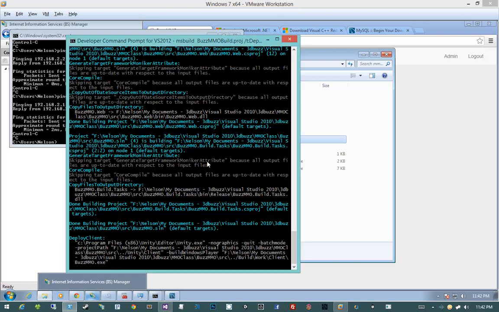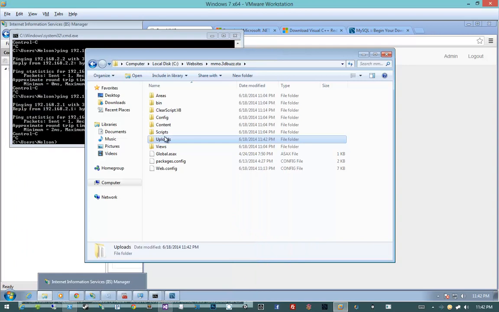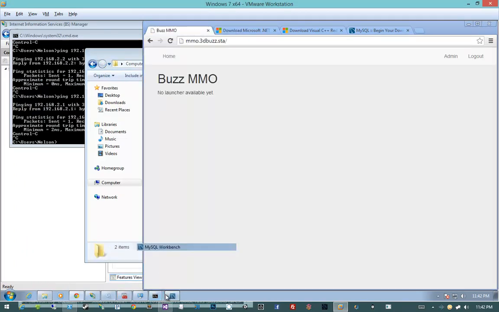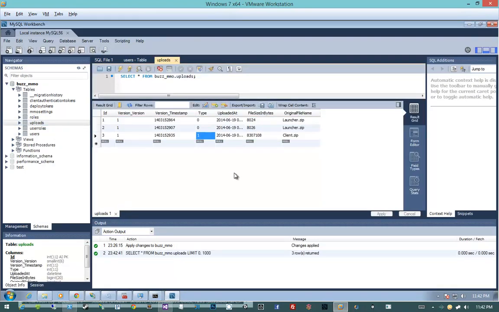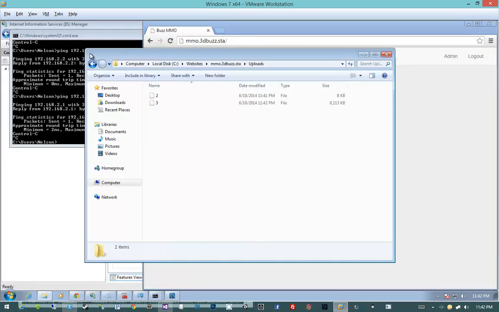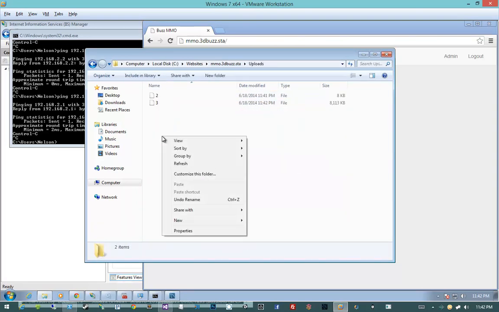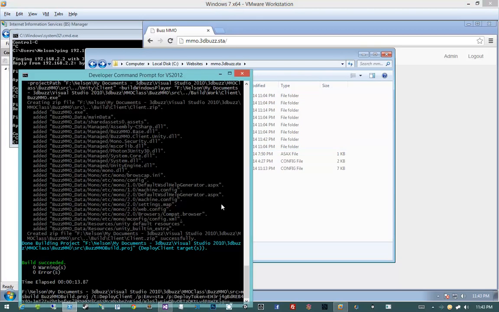It's going to take a second also, because we have to invoke Unity to perform the actual build. And there we go. If we check our uploads folder, we see we have 2 and 3. And if we check our database, we should have those 2 entries added inside of our uploads. And indeed we do. Really, there's not a whole lot left to talk about. The only thing that we have to do now is tell our build script to skip the uploads folder so that it does not delete all the uploads every time we do a build. Because watch this, if I try to do a build right now,